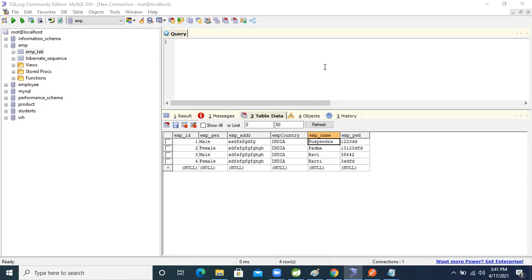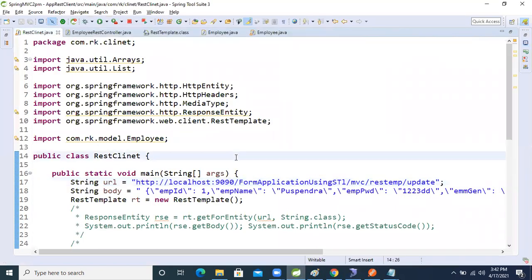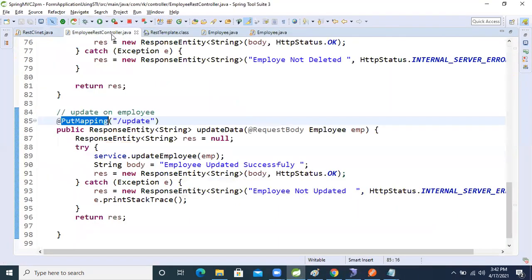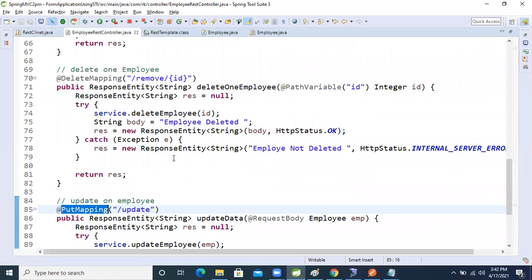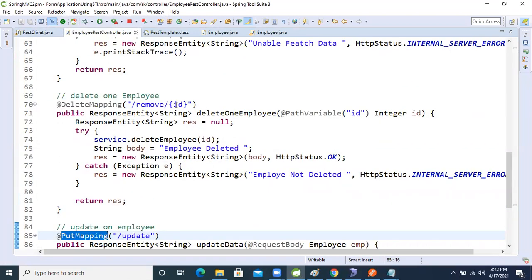To delete the operation, right? One more is left, guys, deleting things. Okay, so for that, if you want to delete it, what do we need? Now I want to delete record number 1. So come to the REST controller. What is the endpoint information to delete it? For deleting, remove/id we need, right? This is our URL.